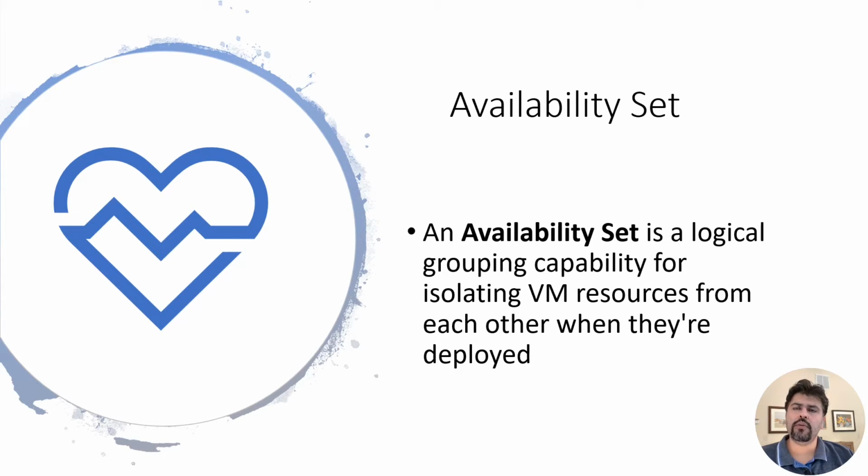And then when you want to apply patches or do some updates that need, for example, restarting or creating some downtime, then you want to manage those update domains, so that those update domains don't overlap